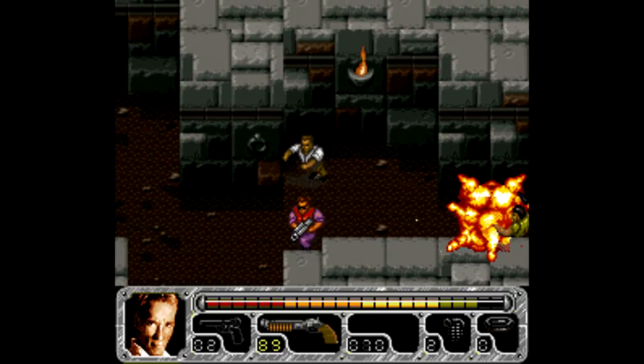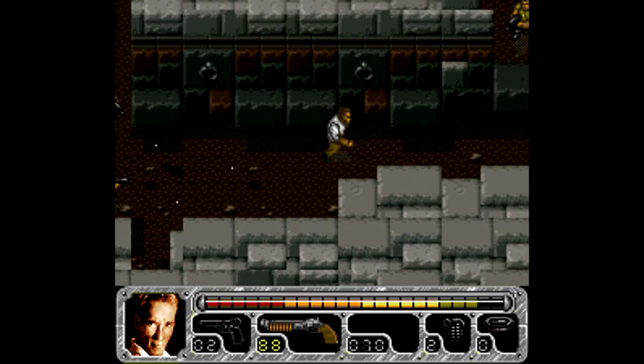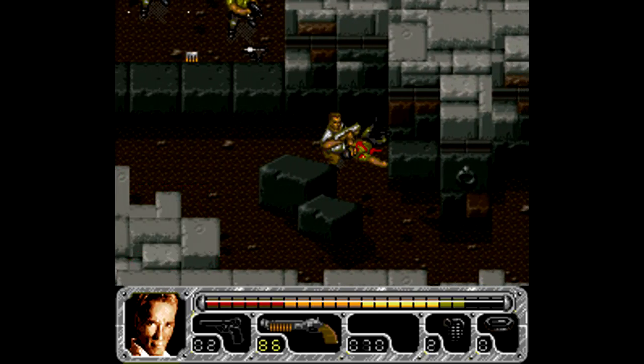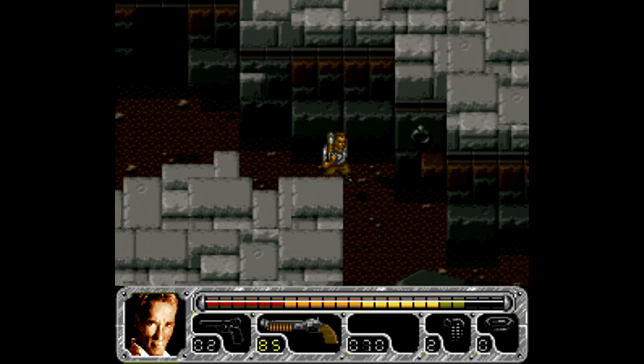Definitely have a tricky area here where we have to do quite a bit of dodging. There's another grenade launcher guy that we're going to have to deal with. Go through this opening. You will have to take out the guy. It's hard to even see him, but he is staying there. You can take him out with the shotgun